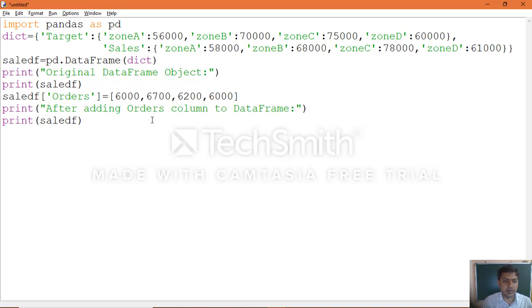Okay, original data frame after adding orders column to data frame, and printing that. So this is the logic we did, adding a column to the existing data frame.